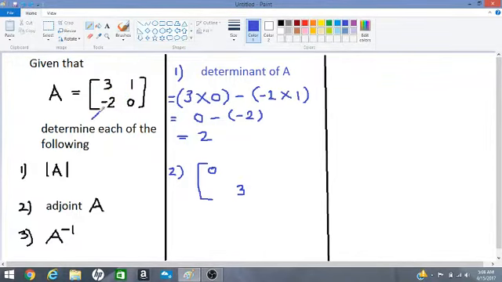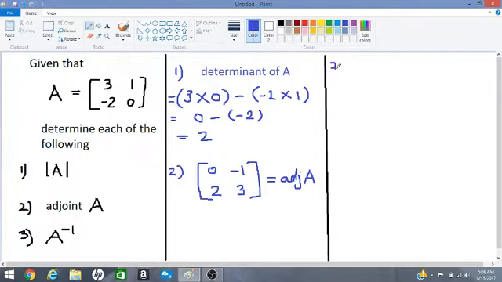Along this diagonal, what we do is we change signs. So negative 2 will now become positive 2, and the positive 1 will now become negative 1. We do not change their positions, we just change their signs. Okay, and that is equal to the adjoint of A, ADJ for short, capital A. Okay, so we have determined the determinant and the adjoint of A, and now we want to find the inverse,